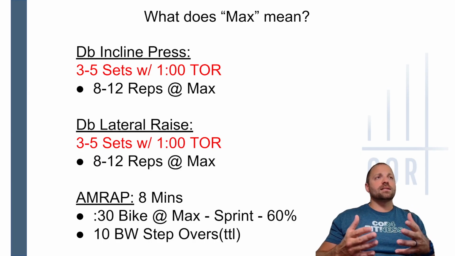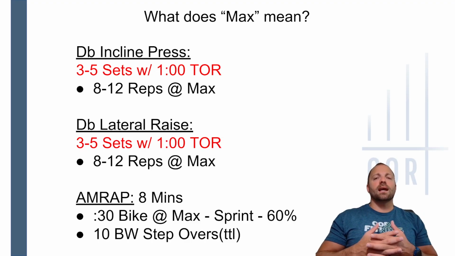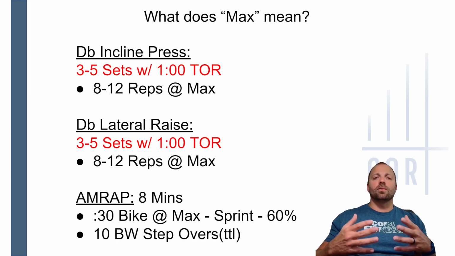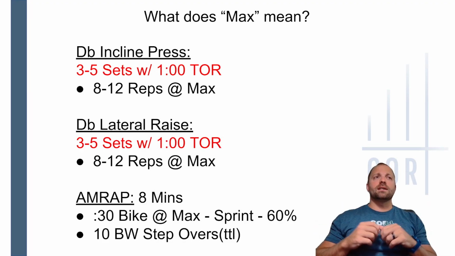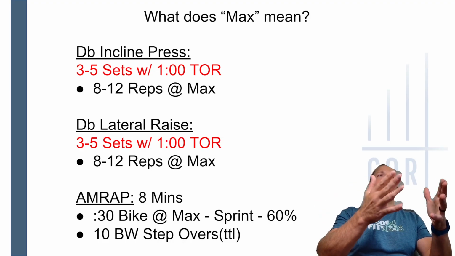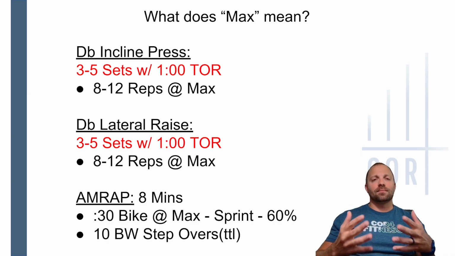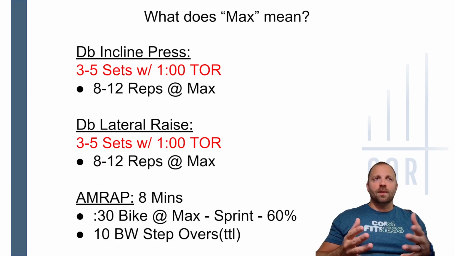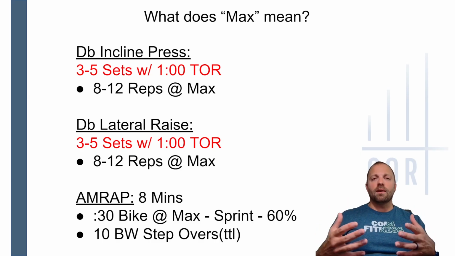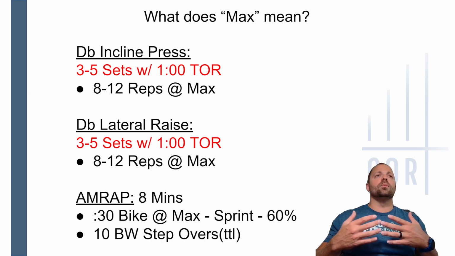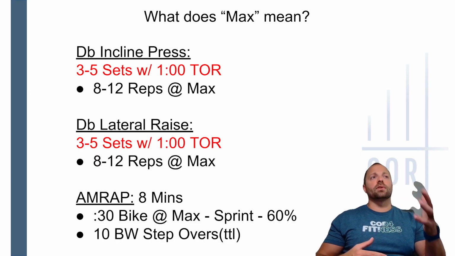Now, when you see max on something like a lateral raise, which is a secondary or supplementary movement, you would never base your lateral raise weight off of a percentage. So your 1 rep max shoulder press, you can't take that and correlate it to your lateral raise, at least not precisely. So you'll never see that, and you'll always see max, which means you are, again, based off of your individual ability and given the circumstances, going to choose the heaviest weight for you. So again, having reference points and things written down and tracked is going to help you make an informed decision on what weight to choose for your lateral raise.